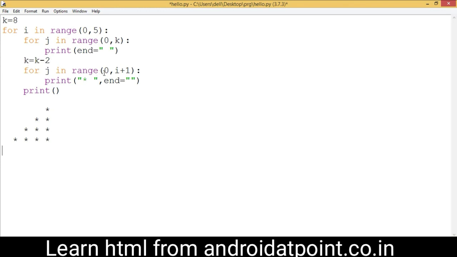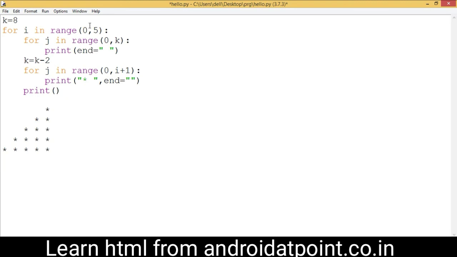Now control comes here and look here, the value 0 is assigned as the lower limit to this loop, and the upper limit is now 4 plus 1, which is 5, which means it prints the star 5 times here. Look here, 5 times the star is printed here. The loop is terminated. Control comes here and changes the line.